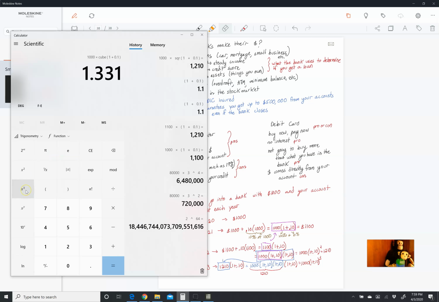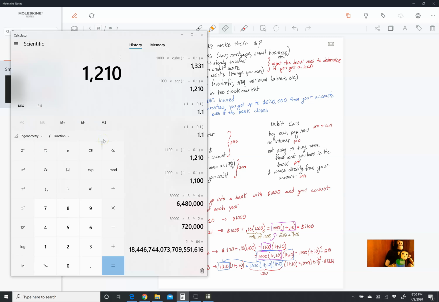This time we're going to raise it to the third power. The cube means raising it to the third, remember. And we get $1,331. And that would be the same as doing 1210